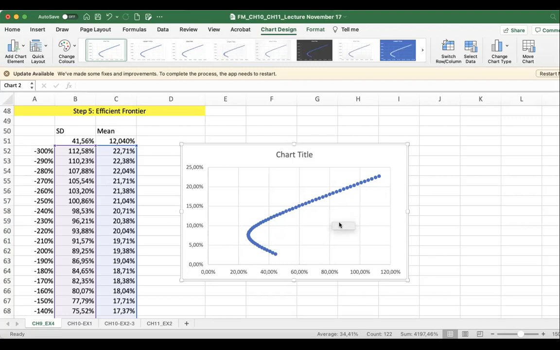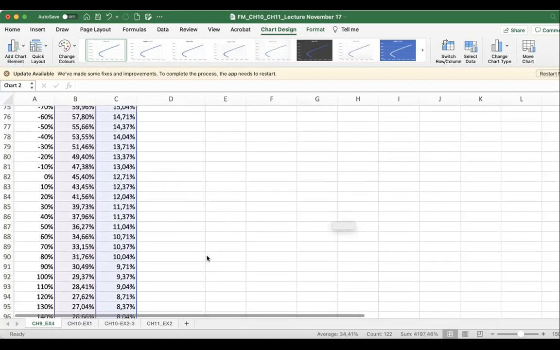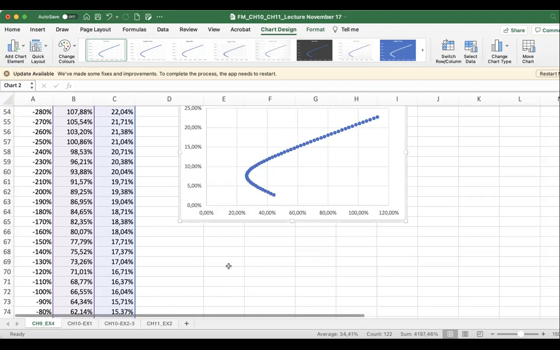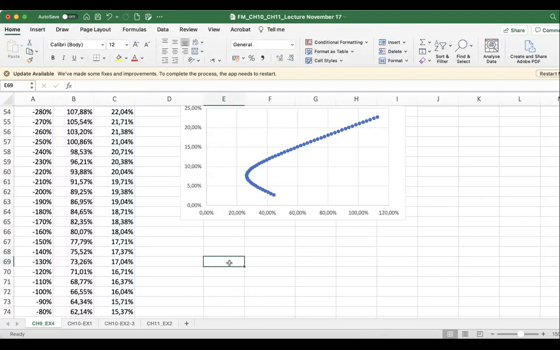Now, the final question was to place the assets A, B, C, and D on the graph and see if these assets belong to the envelope portfolio or outside the envelope. So we can go here. Asset A, asset B,